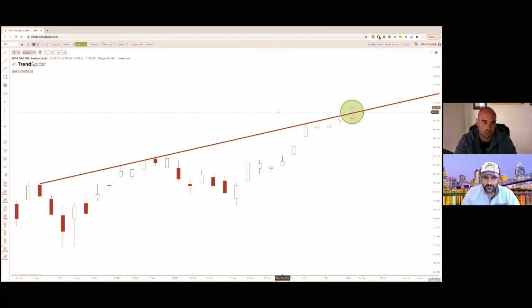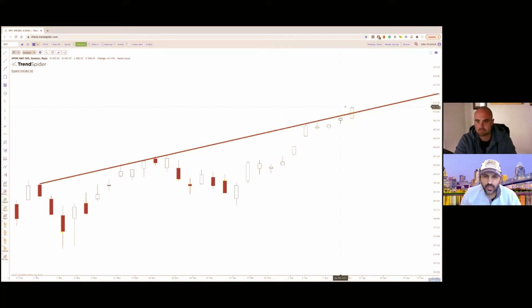Looking at the chart and staring at it when you have a position just makes you antsy. If you're just trying to press the buy or sell button all the time, there's really no process there. So in this case,